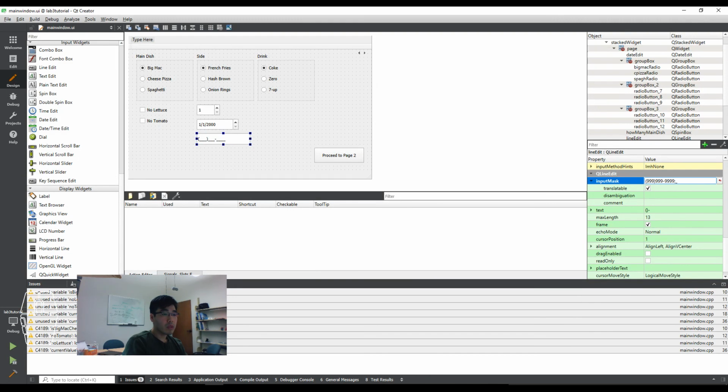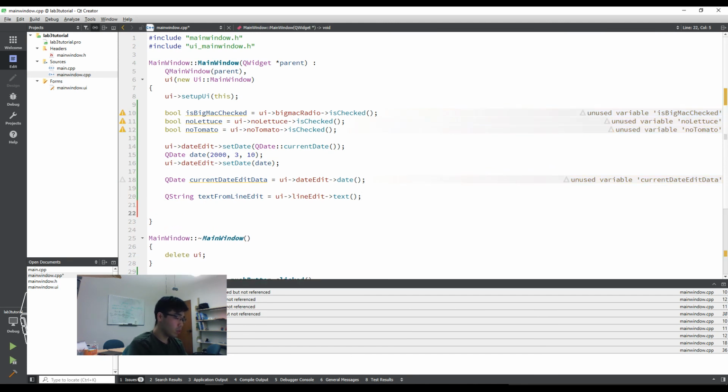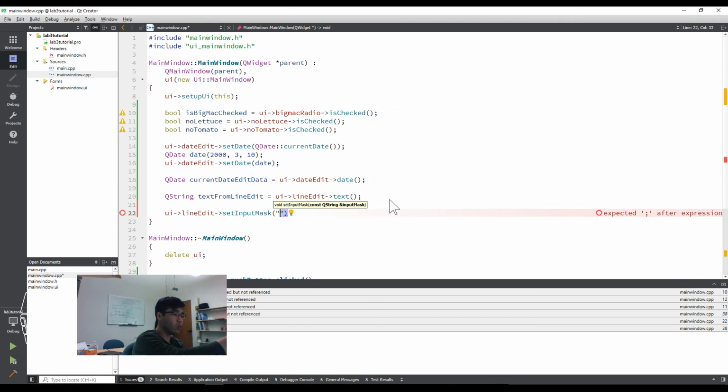So my example was this phone number like this, and you guys can always set it depending on the other events, so that the name is lineEdit right now. Let me show you guys how to set it up: ui lineEdit setInputMask. This actually takes a QString. So you may want to have another QString and set it dynamically sometimes if you'd like. For example, for card number information, 16 digits for Visa or Master or something like that,